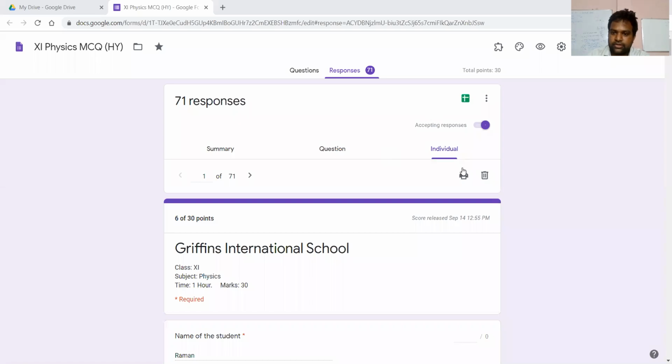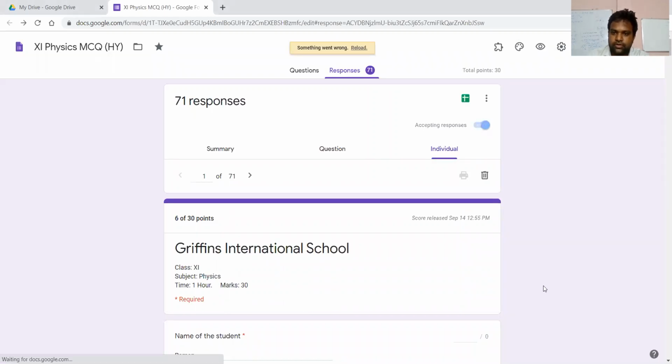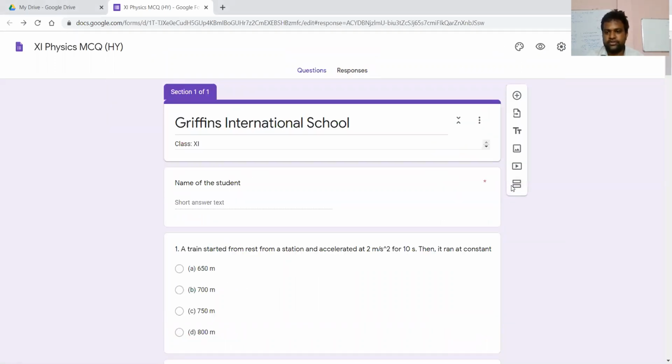So it disconnected in between. Let me go to the Google Form again. So here you can see, on individual, you can click on the print response. Some reload problem is there, no issue. But I intend to show you the important thing, that is